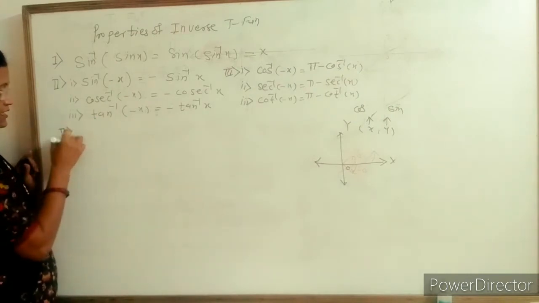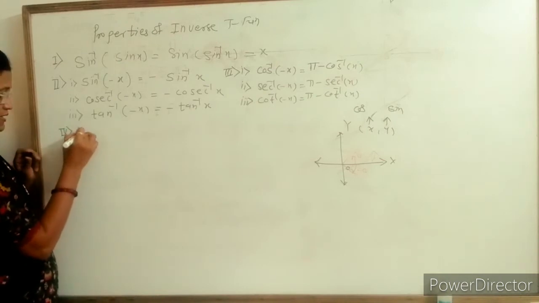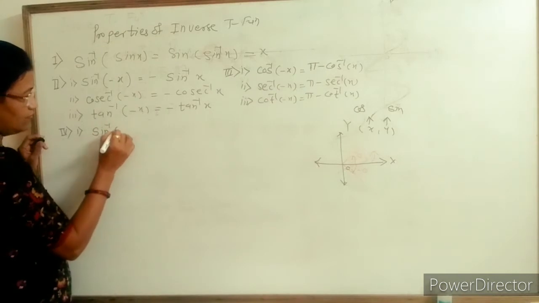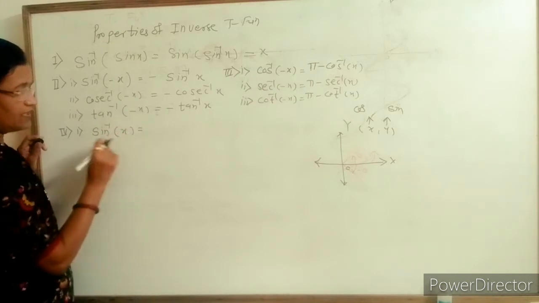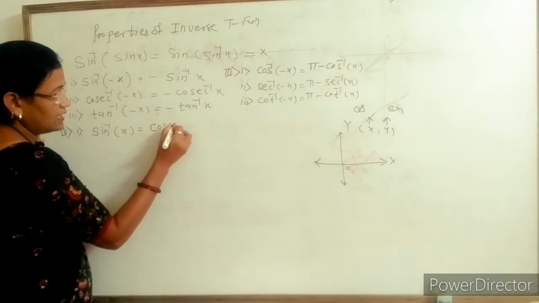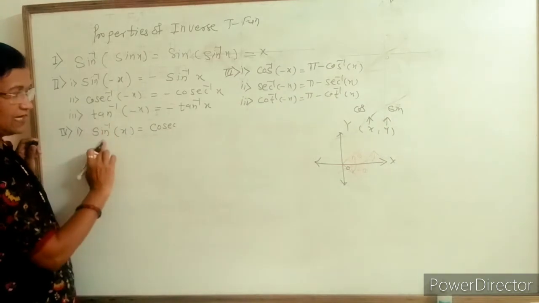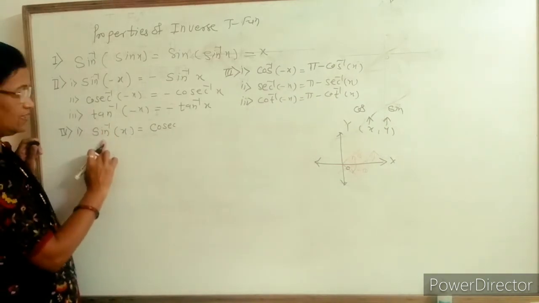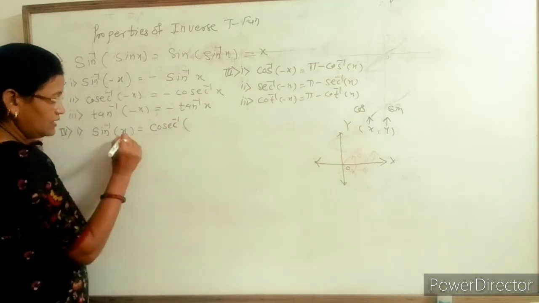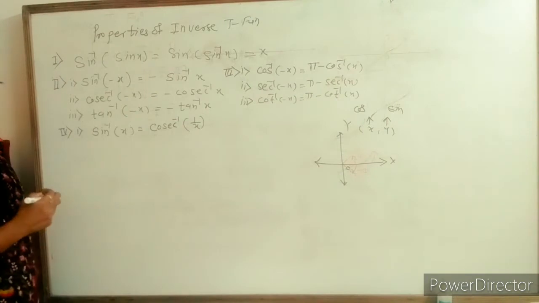Now here we take the fourth property, as this is an important property. Again we take the sixth identity. For this we take first sine inverse of x. By taking the proper inverse function definition, for sine we take its reciprocal, which is cosec, and therefore sine inverse can be replaced by cosec inverse, and the number is again inverted, so that they become identical to each other.